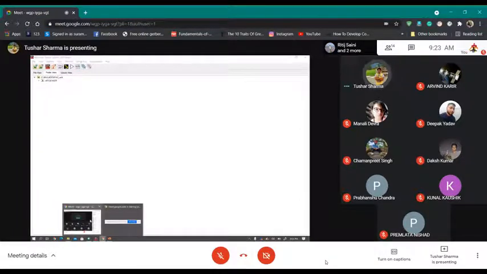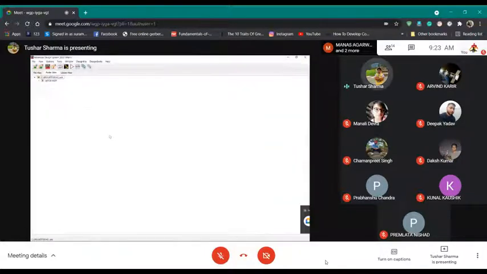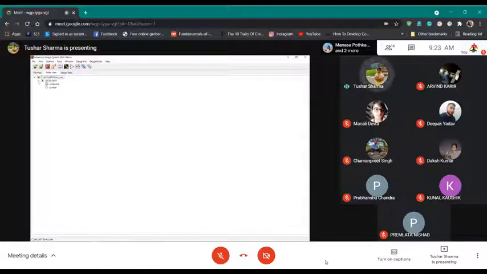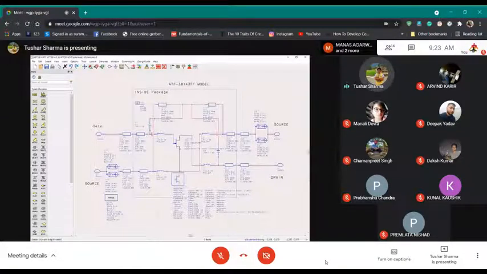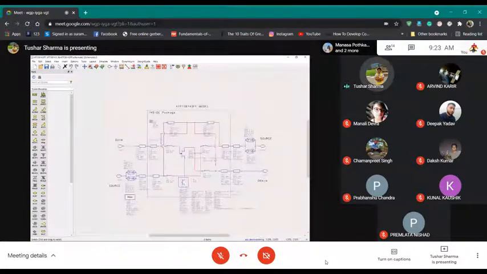Basically what this workspace does, you can make your schematics, you can run simulations, you can create layouts, you can run electromagnetic simulations, and then you can display your data. This has two parts right now. One is called schematic, another is called symbol. If you double click schematic, this is what the transistor model looks like. It is a GaAs FET. You don't have to play with anything here.